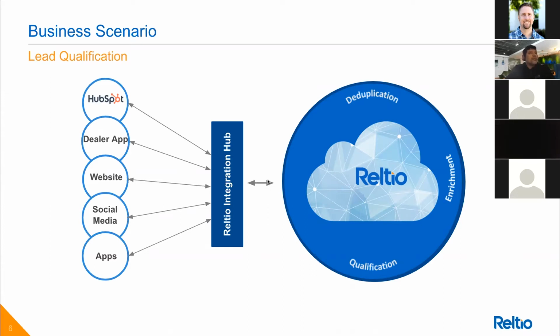So what I'm doing right now is, let's say you have various systems like a HubSpot or a Salesforce automation system or a marketing automation system wherein you capture leads, right? And then you could also have various other applications, like an application used by your dealers or channel partners. You might have a website or social media through which you might want to capture those leads, or even some other applications